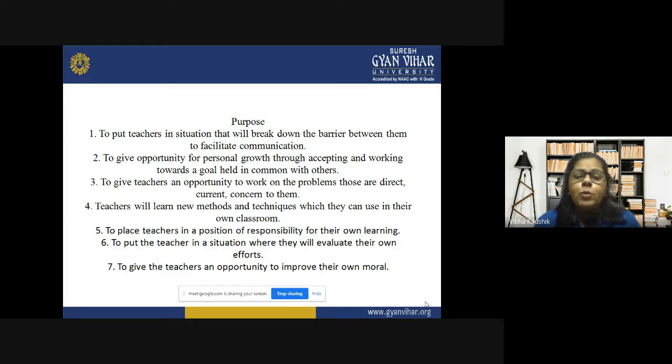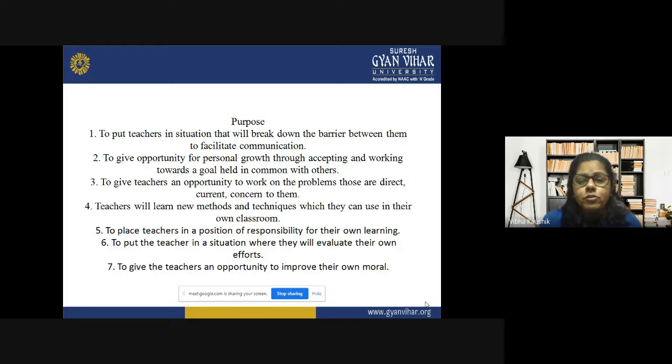Teachers will learn new methods in workshops. New innovative methods will be discussed, and by discussing those methods, the teachers will learn them, along with different techniques which they can use in their own classrooms. A workshop helps them learn new innovative methods and techniques to teach students, and after learning them, these methods and techniques can be implemented by the teachers in their own classrooms